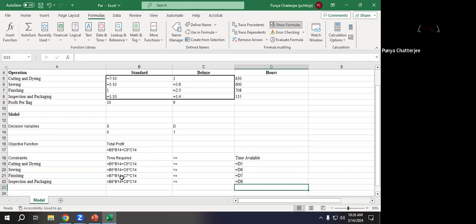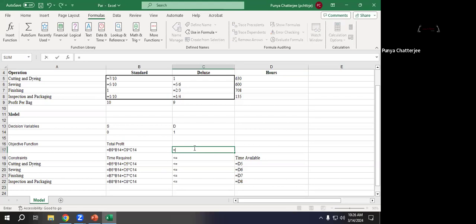We can use the SUMPRODUCT function to really make these formulas simpler. So for example, instead of writing total profit this way, we could use SUMPRODUCT, because it's the total profit. You're going to take the profit array, and the second array is going to be